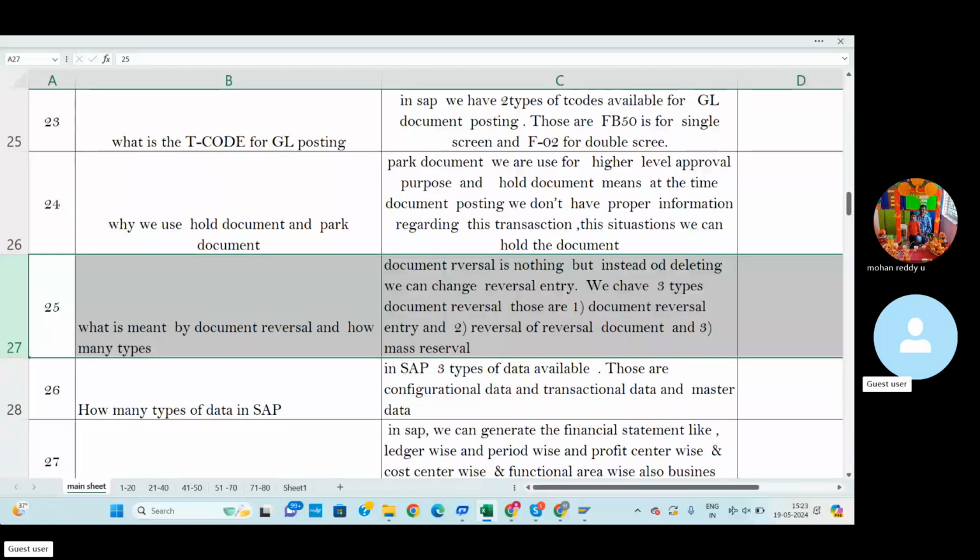For this purpose, SAP provides three types of reversal entries for a particular wrong transaction entry.